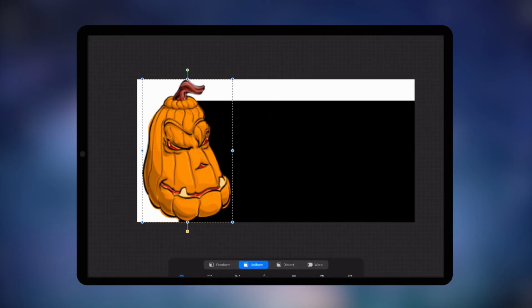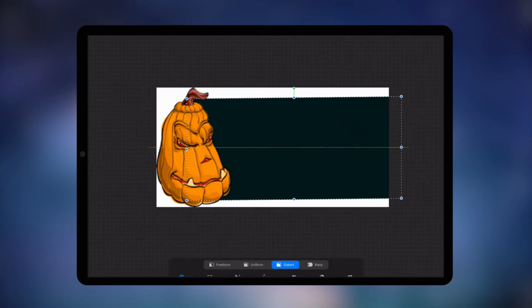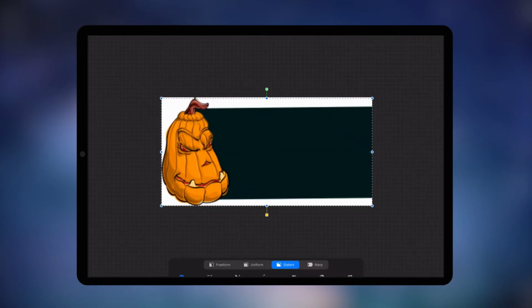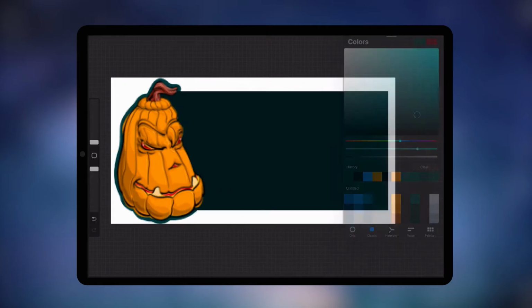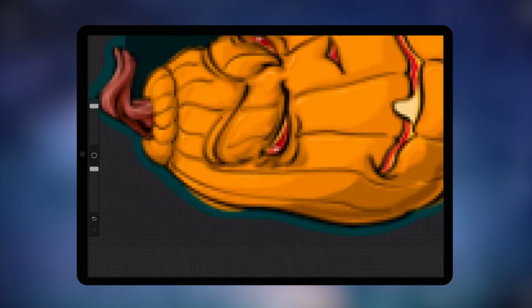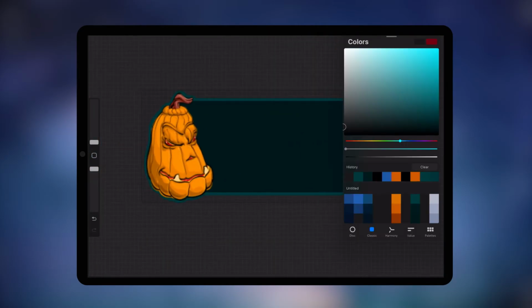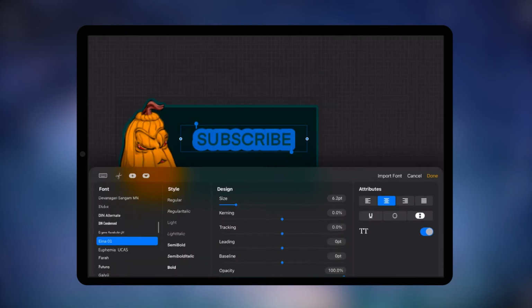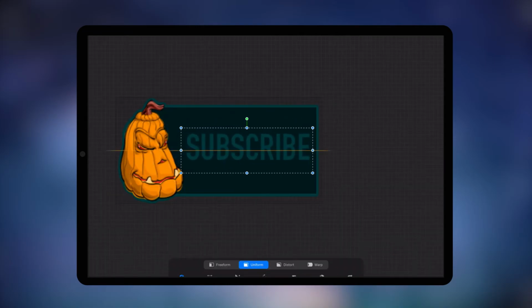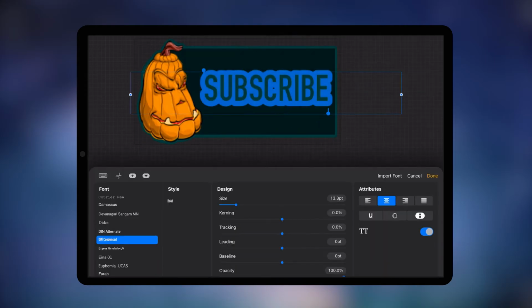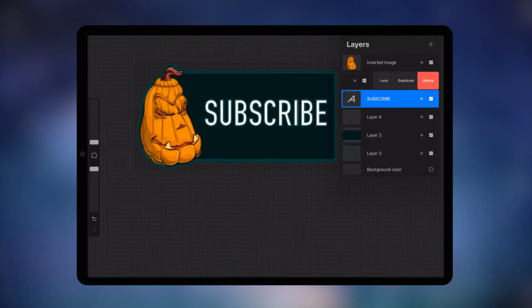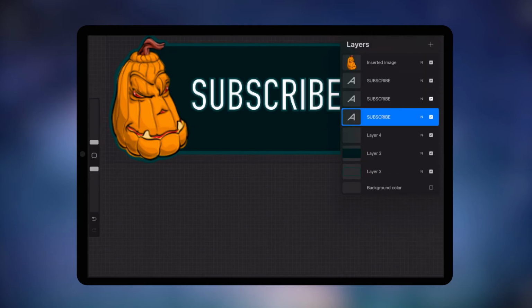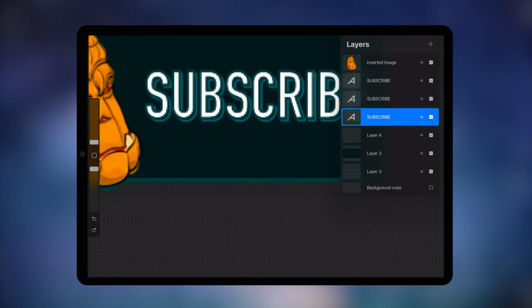Let's start with a rectangle as background. Then I add the character and draw a frame which includes both the character and the rectangle. Then the text follows. In my case I create a main layer which shows the text in white. Below that a dark green layer which only shows the outline of the text, and then a shadow, but here